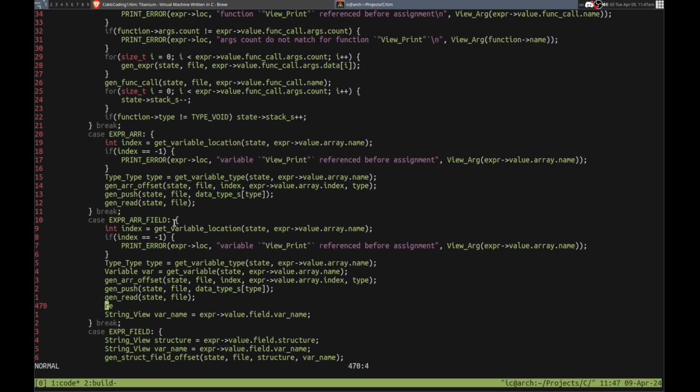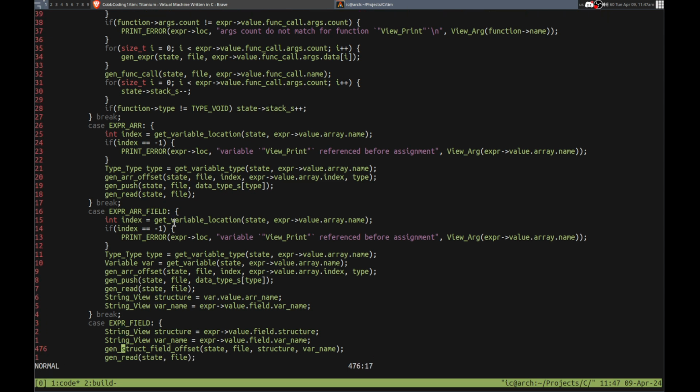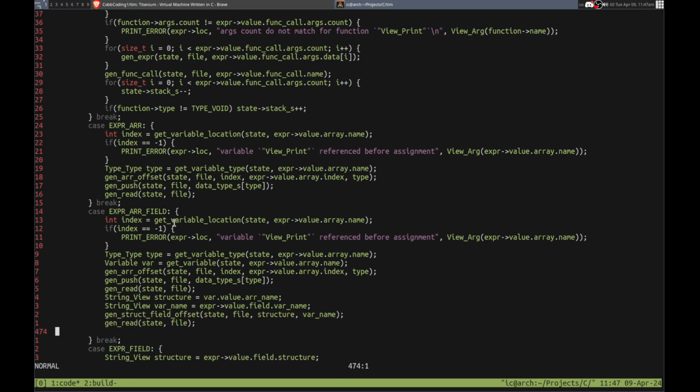It's just a string. Do structure equals expert var dot value dot array name. Okay, so we do that. Then we get that. Then we can generate the offset and generate it with all of those things. Okay. So if I do that,